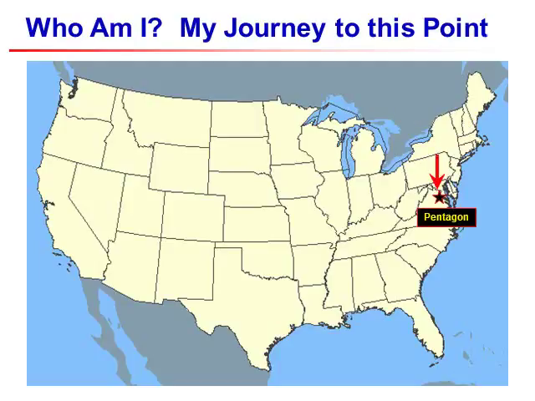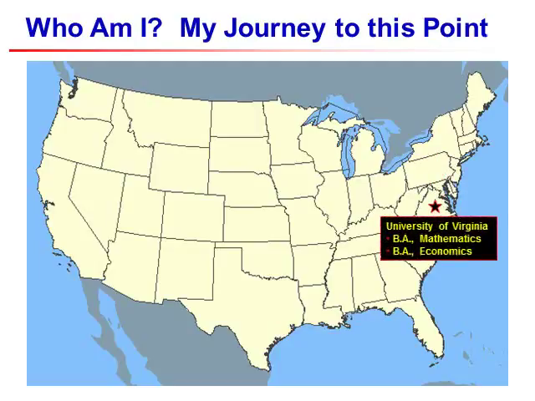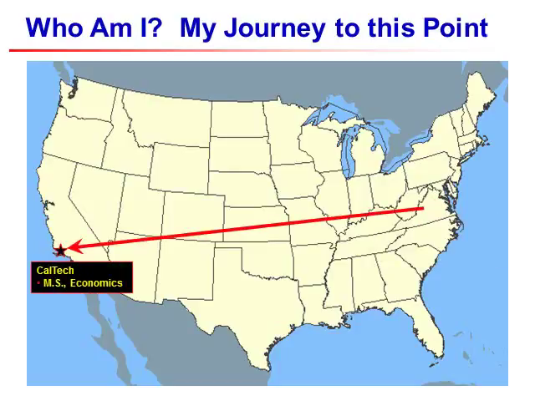That's where I went to high school, and then I also went to college at the University of Virginia. I got my bachelor's degree in a double major in mathematics and economics with a minor in statistics. So a very quant type person. Then I immediately went to grad school out at Caltech in Pasadena, where I got my master's degree in economics. I had actually gone intending to go right through to my PhD, but after